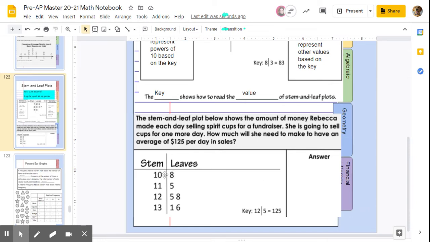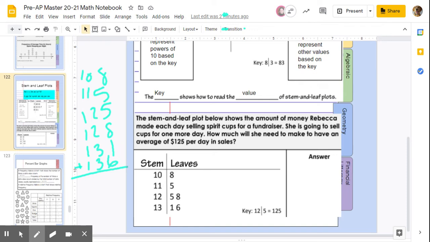Okay, so we know that one day she made 10 and 8 is 108. So one of our values is 108. One of our values is 115. One of our values is 125, 128, 131, and 136. So if we add those together,